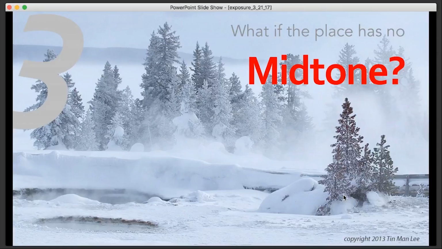So what if there's no mid-tone? Then where do we point the camera at? I actually learned it from my mentor, teacher, and good friend, Charles Glassard. If you think about it, if you can spot meter on the mid-tone and tell the camera that this is a gray color and please set it at 0, you can actually spot meter